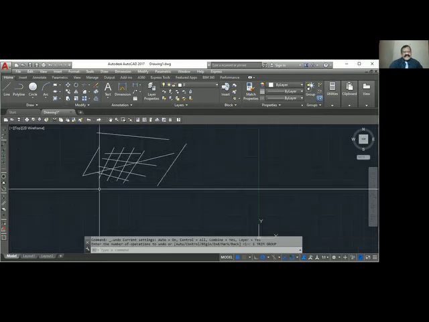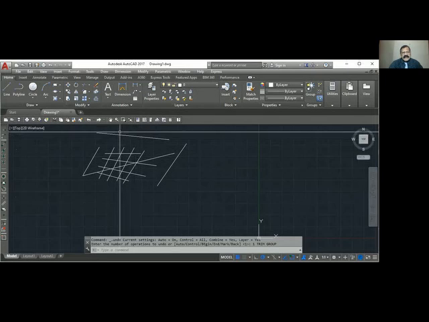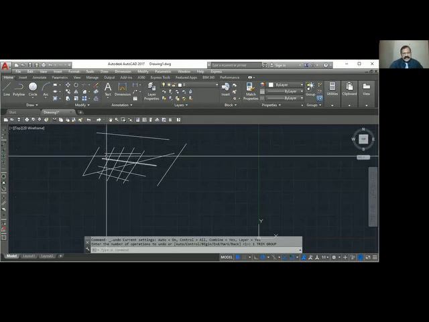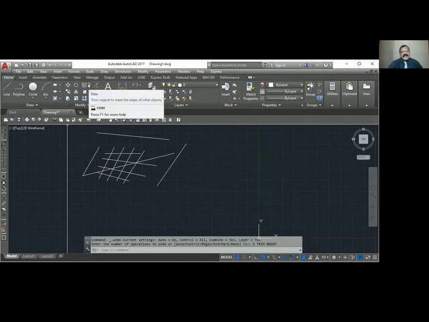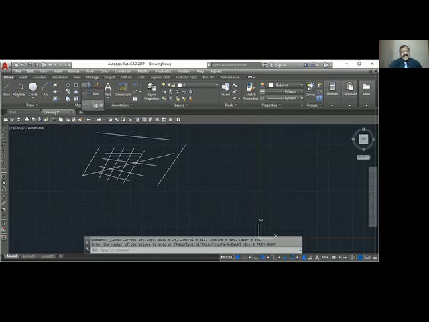Extend is similar. The only thing is, instead of a cutting edge, you show the border where it has to join. So you can get extend from the same trim arrow, come down and say extend. So I will select this as my boundary. Instead of cutting edge, it says boundary edge. So this is my boundary edge. Enter. Show the objects. Use fence also.